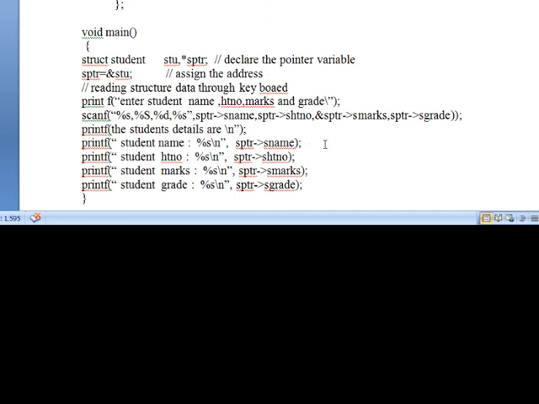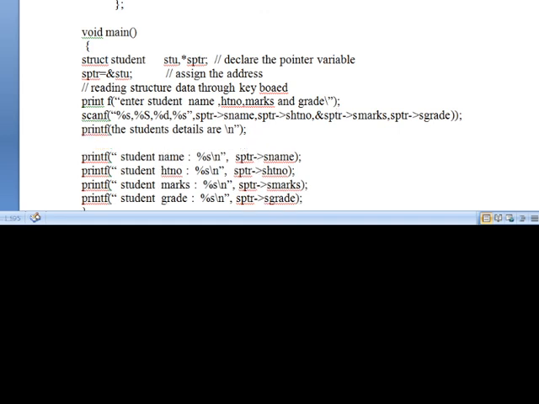Later we have to access. This is display the structure elements onto the screen using the pointer sptr.